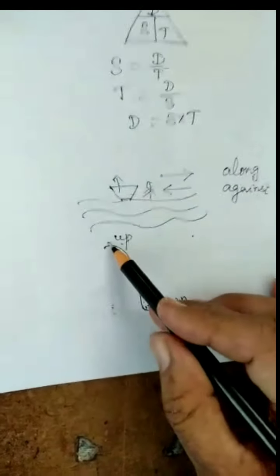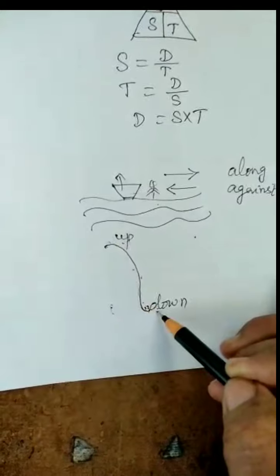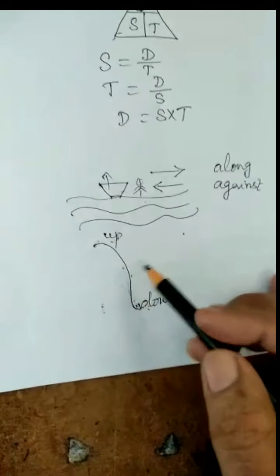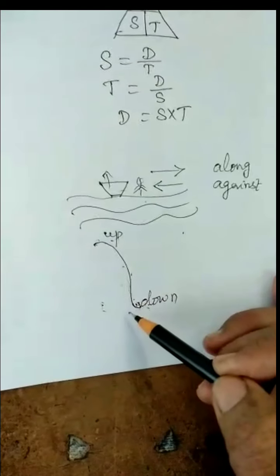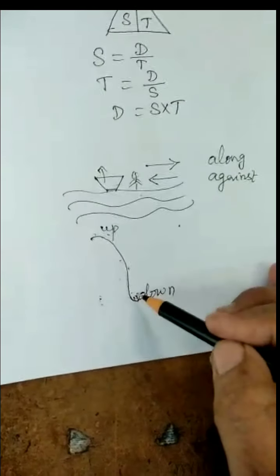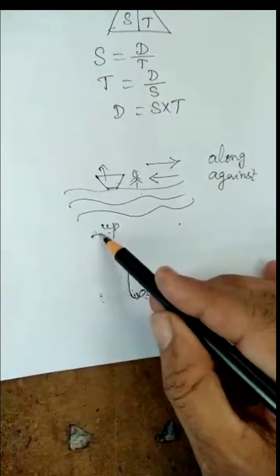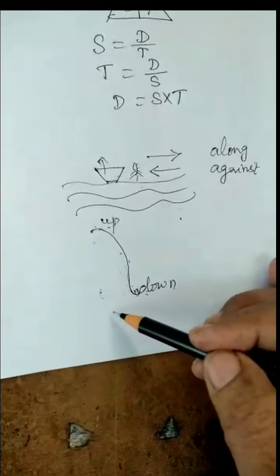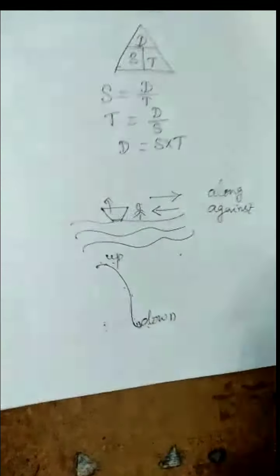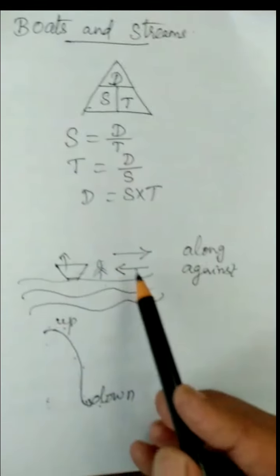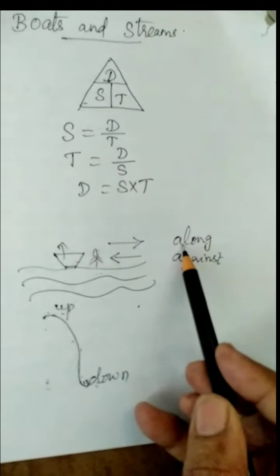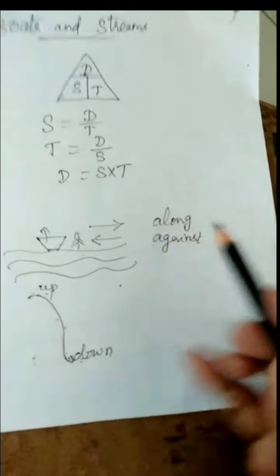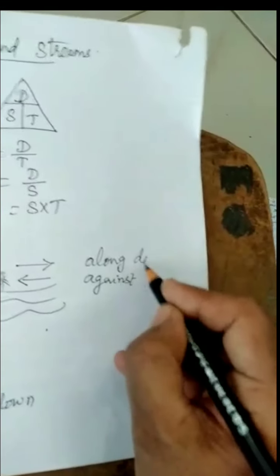When we are coming from up along with the slope, we are not losing our energy. Moreover, we are gaining some happiness. But if we are going against the slope, that is going up, we are losing our energy. In the same way, if we are going along the river direction, it becomes so easy for us. That is called downstream.